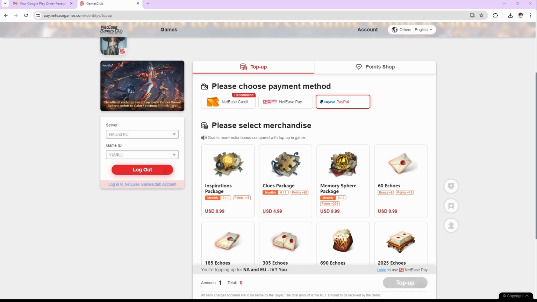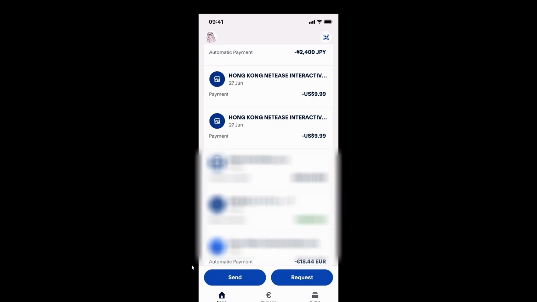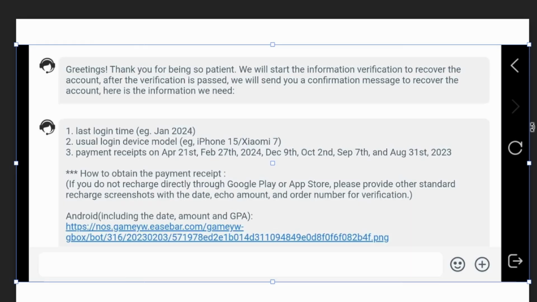So in this case scenario, let me just change screens. You will have to go to your PayPal and show them the screenshot of all the times you made a purchase on your account. But that is how you show the receipts of all your past purchases. Now then, once that is all done,